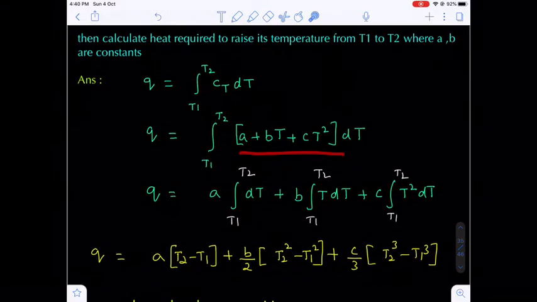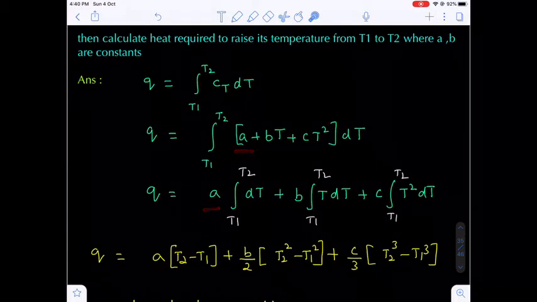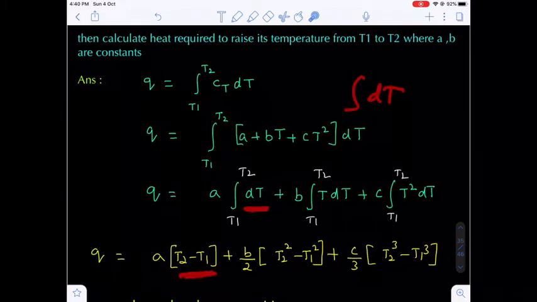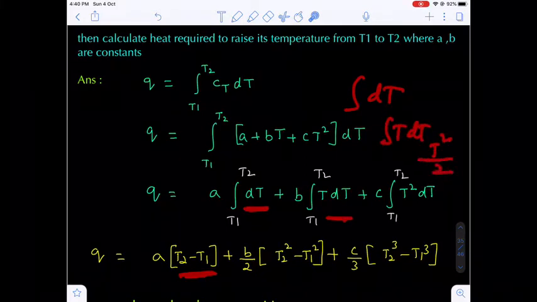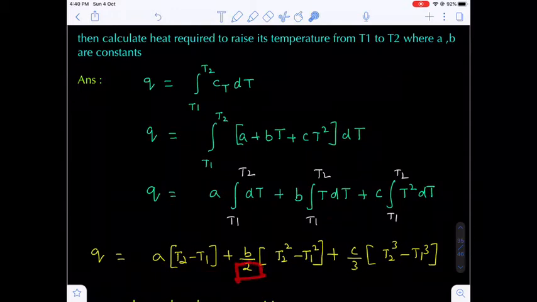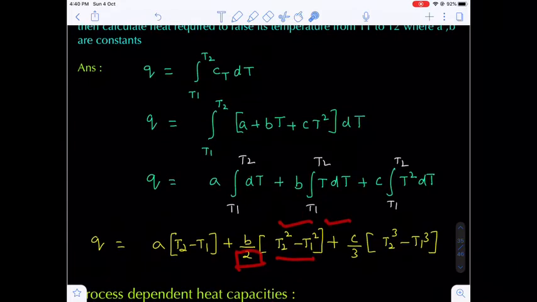Now what I have to do is integrate here. Bring the constant A outside, so you will get integral dT. What is the integral of dT? T. The upper limit will be T2 and the lower limit will be T1, so I am writing the first part as T2 minus T1. Now come to B, a constant. Bring the constant outside of the integration, so you will get integral T dT, which is T square by 2. So T square by 2 I am taking outside, with upper limit T2 and lower limit T1, so T2 square minus T1 square.